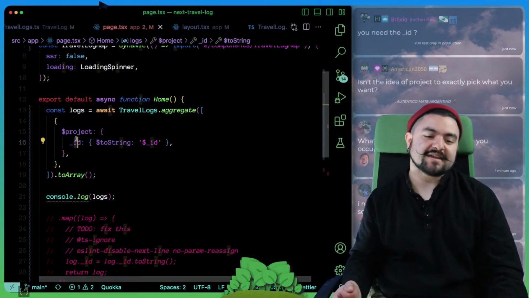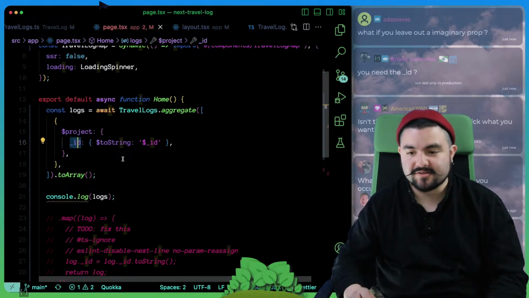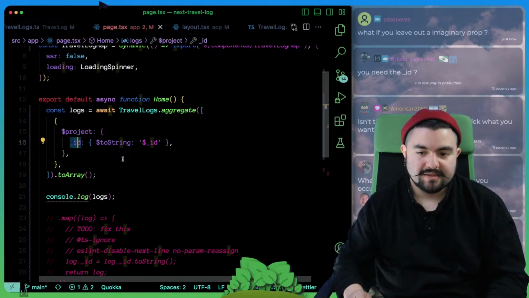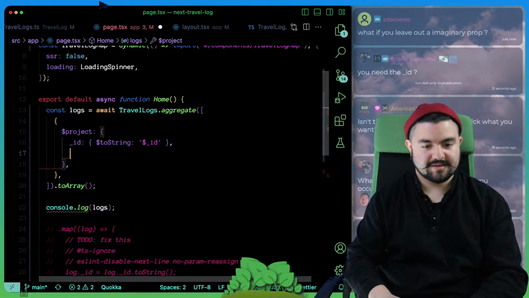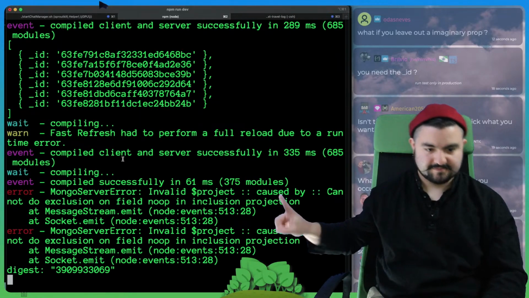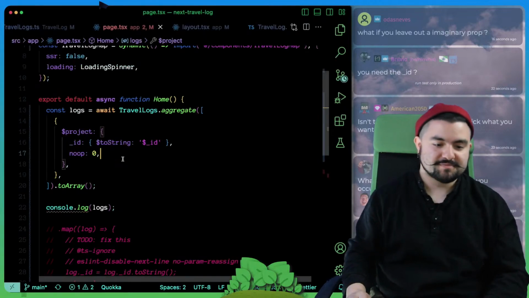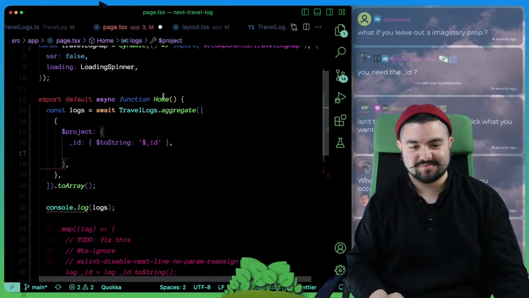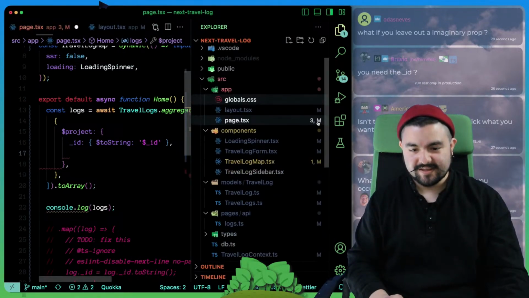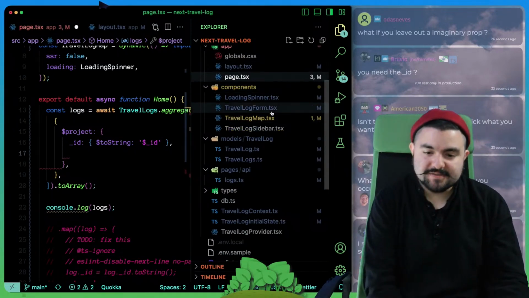Yeah. And we do need the ID because in a bit we're gonna, well, probably not today. This took way longer than, everything takes longer than I thought it would. Yeah, what if I leave out no op 0? Exclusion on field no op and inclusion projection. No, I think we just need to add all the properties. So here we go. Let's grab all the properties. I don't like this though because